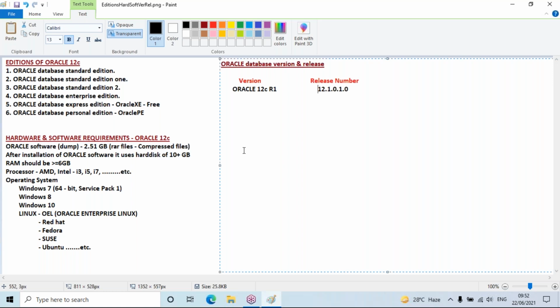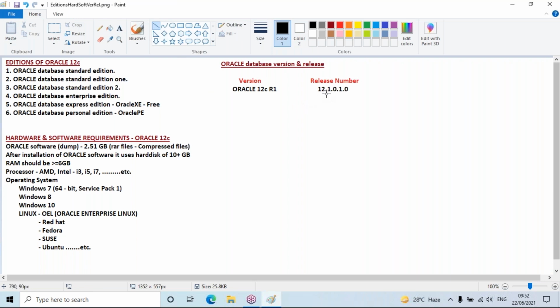Every digit has a significance here. I'll specify the significance of every digit so that you have a reference.